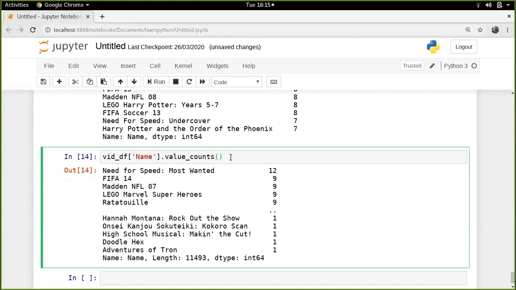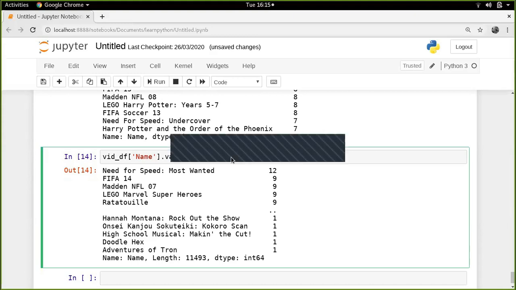So if I say in this case that this is, let's say for example, again let me copy this so that